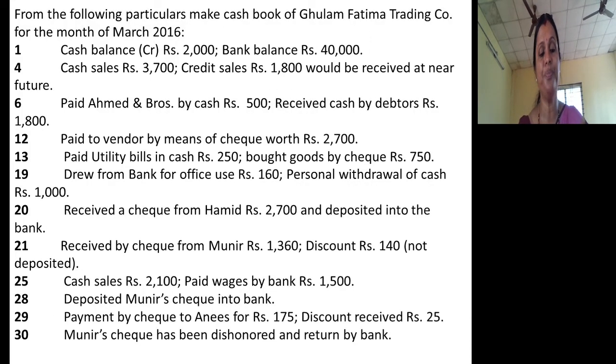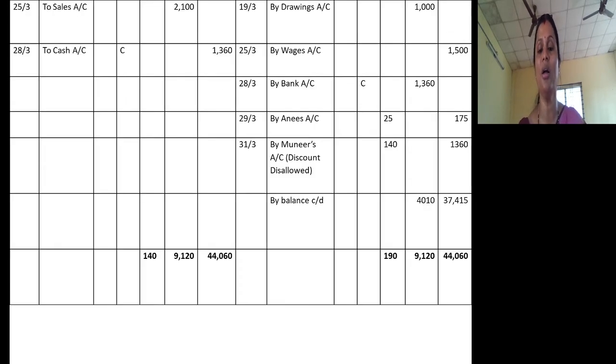So next one, on the same day paid wages by bank, means payment of wages through bank, how much rupees? 1500. How to record? So when you pay wages by cash, journal entry is wages account debit to cash. When you pay wages by bank, journal entry is wages account debit to bank. So on the credit side of the cash book, particularly in the bank column, I should show 1500 and reference should be given to the account which gets debited, that is wages.